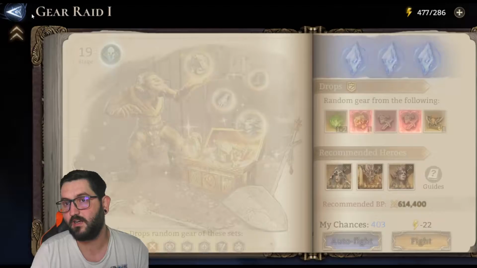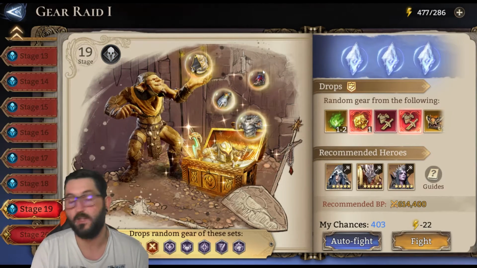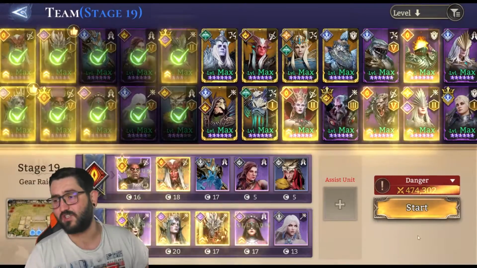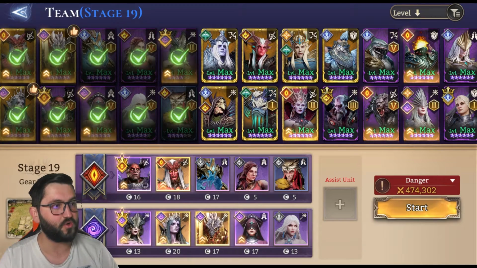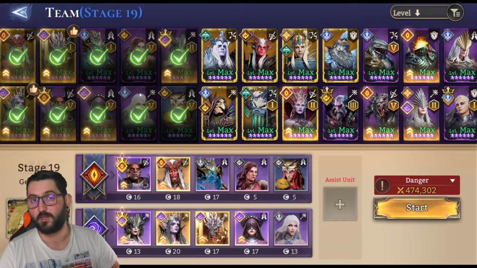But let's have a look, and let me show you how I did this one. Let me turn off the Power of Dominance, and hopefully RNG it. I managed to RNG it because it was a bit tricky. I actually did it last night in bed. It was a bit of a headache. It took me a few tries, and honestly, the key for me finishing this was actually the missus,